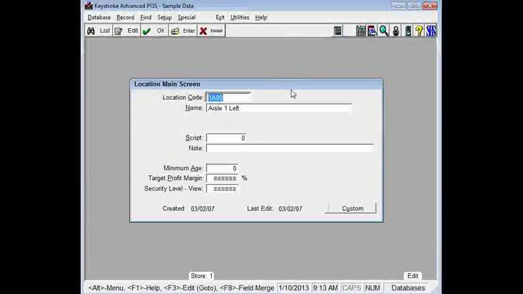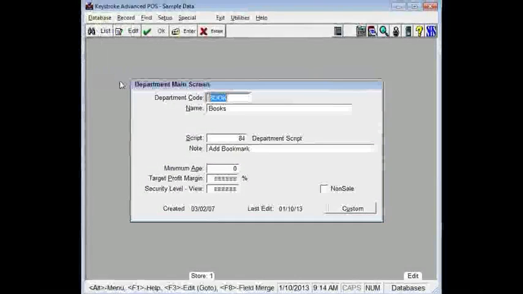So that is what department, category, and location is all about. Now, the department, I'm going to go back to the department database. There's a couple of special things about department. One is you can use this non-sailor hash, which basically just removes it from your sales so you don't really see it. It's kind of passed through, like I was saying, like lottery tickets, or if you sell fishing licenses,